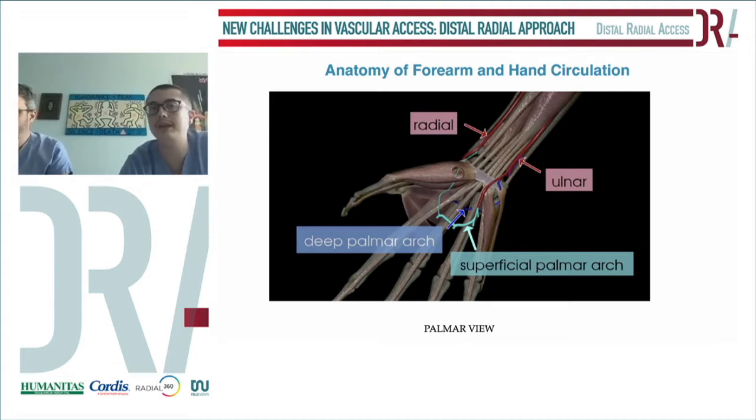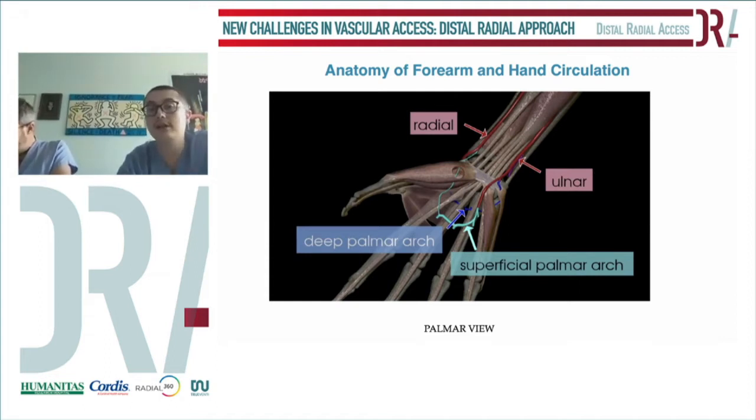We all know that at the level of the cubital fossa, the brachial artery branches into the radial and ulnar artery. The ulnar artery lies in the medial part of the hand, and anatomically it's almost always the same, with no or minimal anatomic variation. On the other hand, the radial artery lies in the lateral part of the hand and